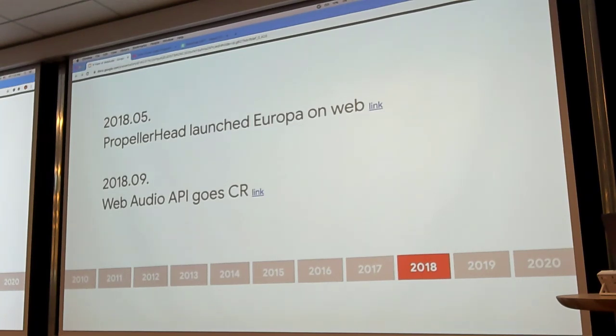It also suggests a new direction in terms of marketing strategy of a music software, because traditionally what we do in the pro audio field is we have some demo version of an installer, so you can download it and install it on your system as a VST plugin and try it out for a couple of days. If you don't like it, you can just uninstall it. That's how we've been doing it for a while, right? But this actually changes that. You don't have to install anything. You just go to a URL in the browser, then you can try out this new synthesizer. Then if you like the software, you can buy it after. So this is a good and healthy pattern, I think.